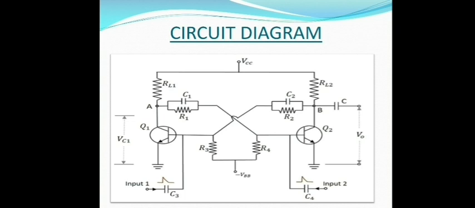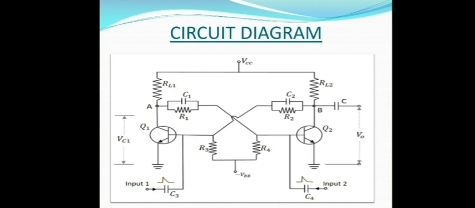Then we assume another stable condition. For this, we apply a trigger pulse to the base of transistor Q1. Here we apply a negative trigger pulse to the base of the transistor Q1. Then Q1 will be in the cutoff region, or it will gradually turn off. Therefore, the collector voltage will increase. This voltage is applied to the base of transistor Q2. This large voltage turns Q2 on. As Q2 is in on condition, collector voltage will reduce and we get logic 0 as output. This is our other stable state.